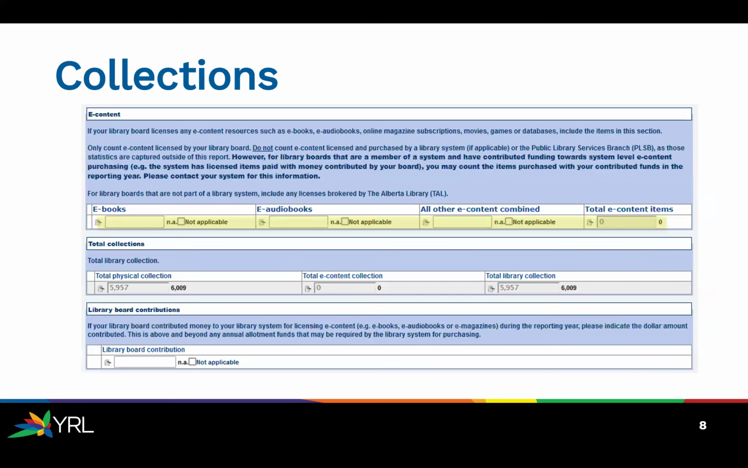So we'll take a look at collections. E-content is a pretty simple one. You can mark this NA, not applicable, because of the nature of e-resources and how they get licensed at the regional level. YRL is going to report these on your behalf because we also fill out an annual report for Yellowhead,